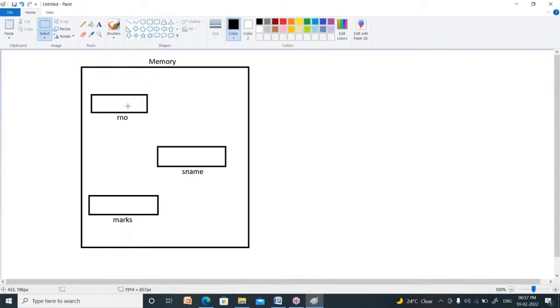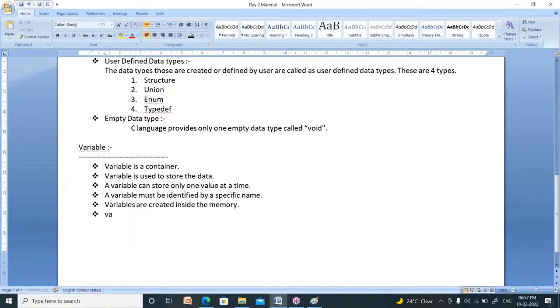Change is nothing but a variation. What is the another name for change? Variation. So variables allow to vary its value. So it is called as variable. Why it is called as variable? Variables can vary its value. Vary means modify. Modify its value at runtime. So it is called as variable.